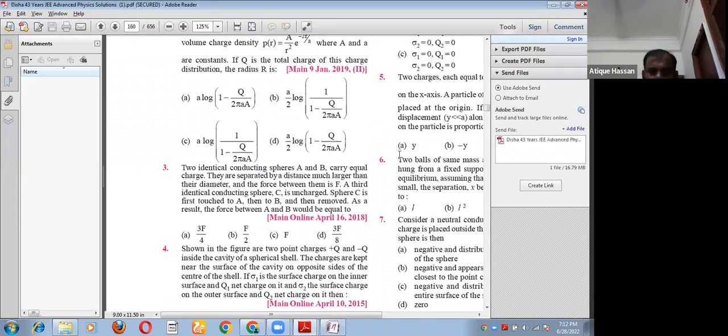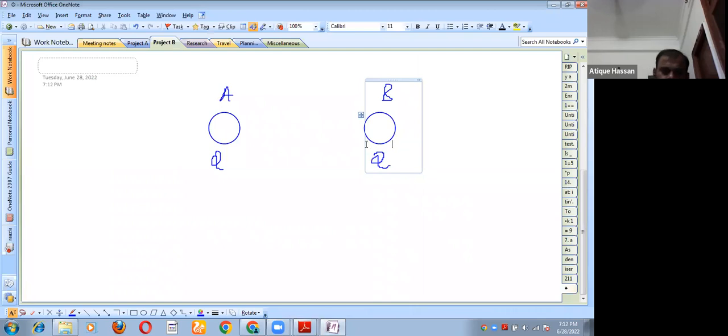They are separated by a distance much larger than their diameter. So what does it mean? It means, suppose their radius is A, then the separation between the charges